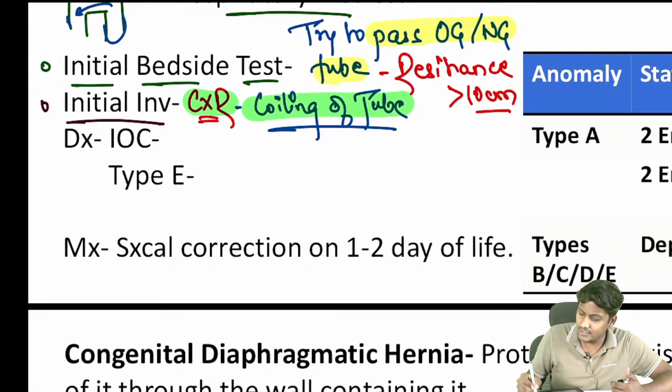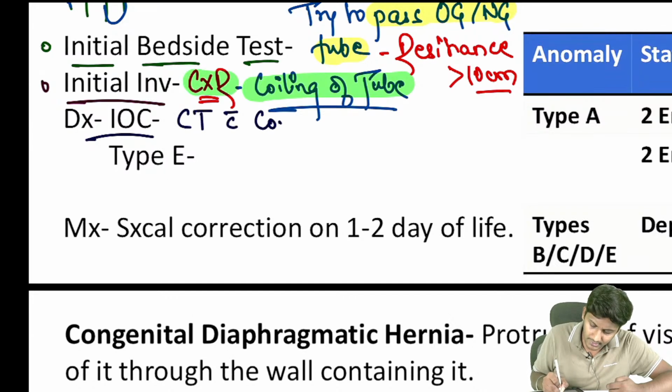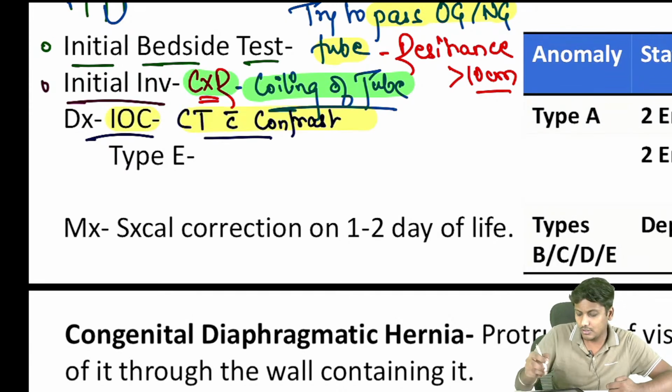मैं अभी तक hint क्यों बोल रहा हूँ? Because बच्चे, we cannot just based on the X-ray confirm it to be a case of esophageal atresia. उसके लिए definitely we have to go for better investigations which are available, and the investigation of choice is actually a CT with contrast. Yes. So CT with contrast will be considered as the investigation of choice, okay, for a case of esophageal atresia